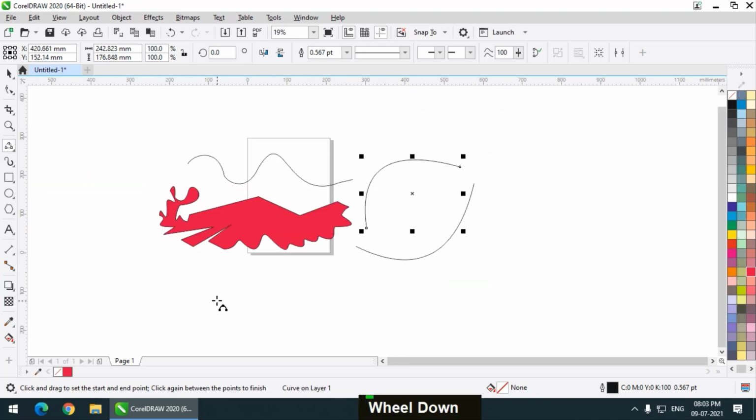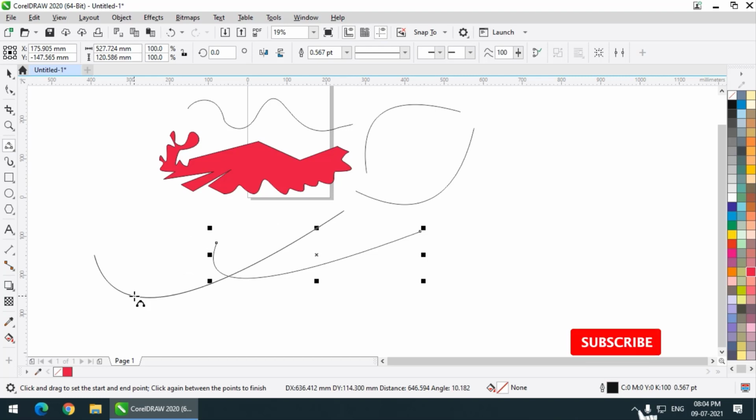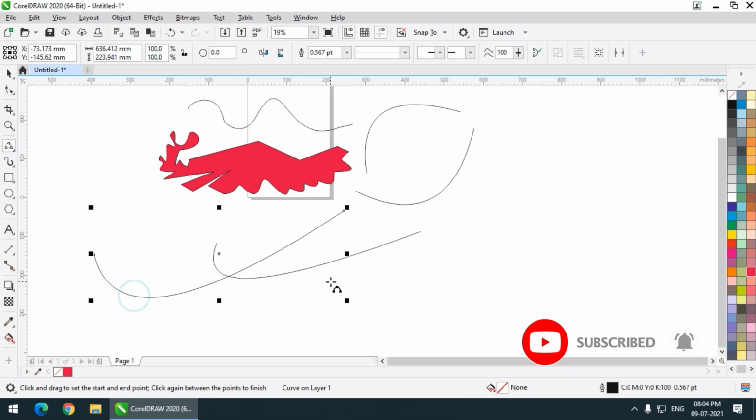It is very simple. One click, and when you release the click, that is the second point, and you can move it to make whatever curve you want, and then simply click. That's why it is called the 3-point curve tool, because we define 3 points. First when we click, second when we release the mouse, and third when we click again. That's why it is called the 3-point curve tool.